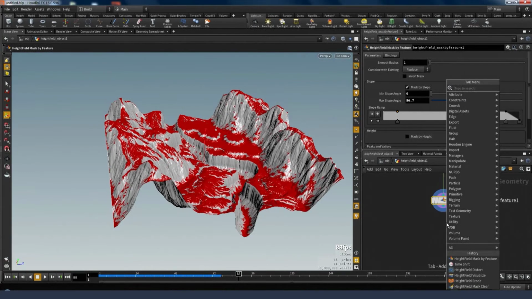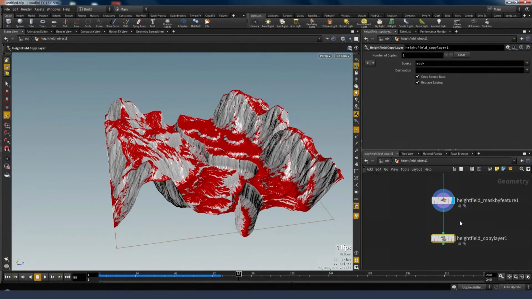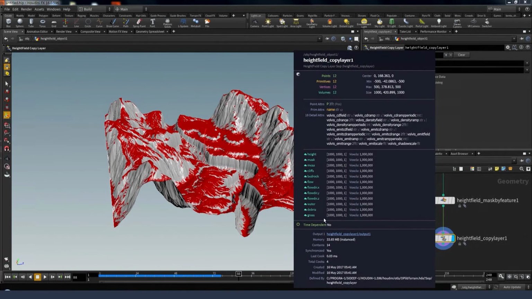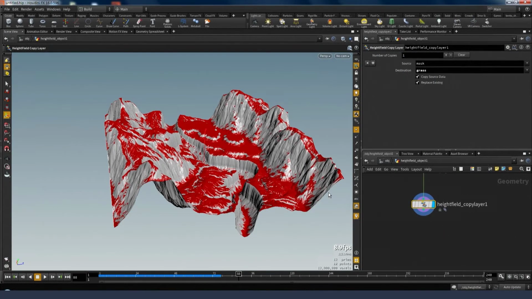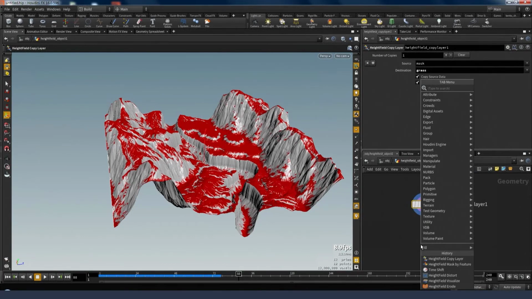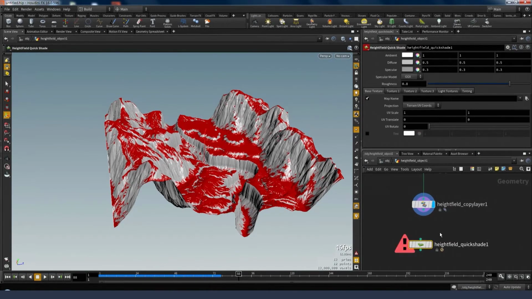So I can use a node called Heightfield Copy Layer. で、今これで作ったマスクをですね、Heightfield Copy Layer というノードでですね、マスクから別の分かりやすいそのレイヤーとして取っておくことができるわけですね。And so rather than keep it as a mask, I'm just going to copy it into a new layer called grass, which will then show up here as one of our layers. で、これ今名前をグラスという、しますと、グラスって草の意味のグラスです。草原のグラスですね。そうすると、今この平らなところにですね、草が生えるみたいな形を定義できました。